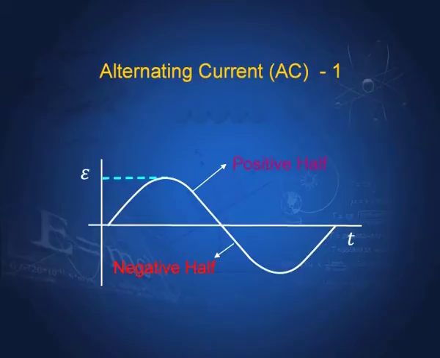In the last lecture, we dealt with several problems to illustrate how to use the concepts that you have learned so far. It is always a good idea to solve examples, so that whatever you have learned becomes fixed. In this lecture, we start with alternating currents, AC as it is called.